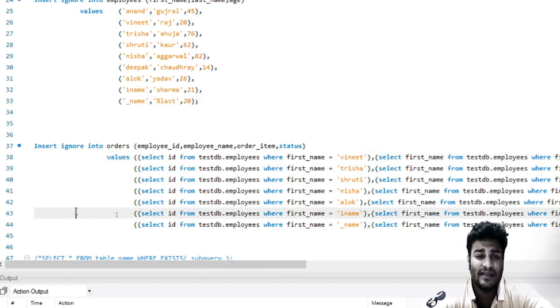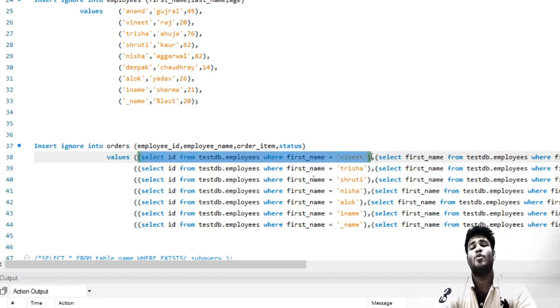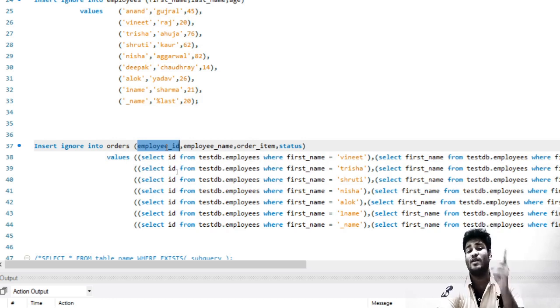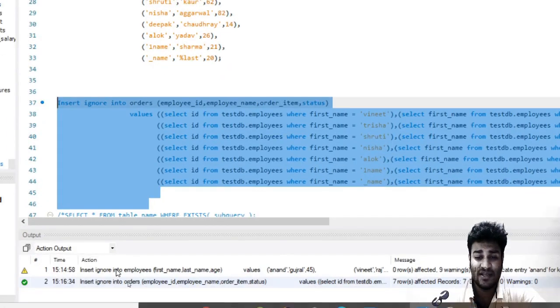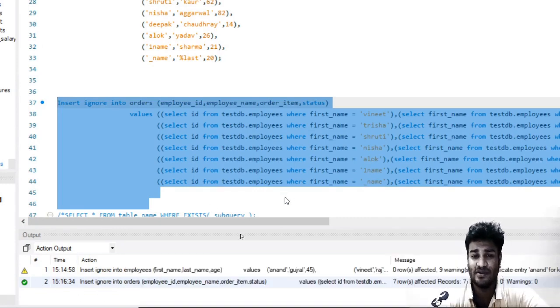Whenever you are reading something like this, at the outer stage you have a command, which is the insert command, but in the inner stage you have a select command. So what you need to do is first go to the innermost command, and this is the subquery. It says select ID, only the ID column, because we just need one column and one value, otherwise it will give an error. I will show you the error also. Let us first insert it. If I insert it, you can see that we are able to insert it. The value is green.